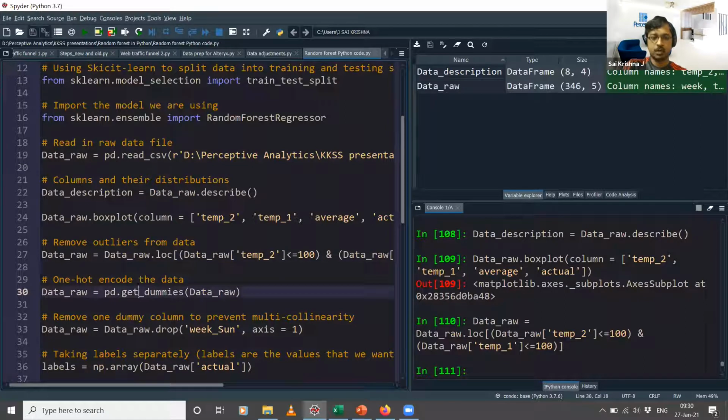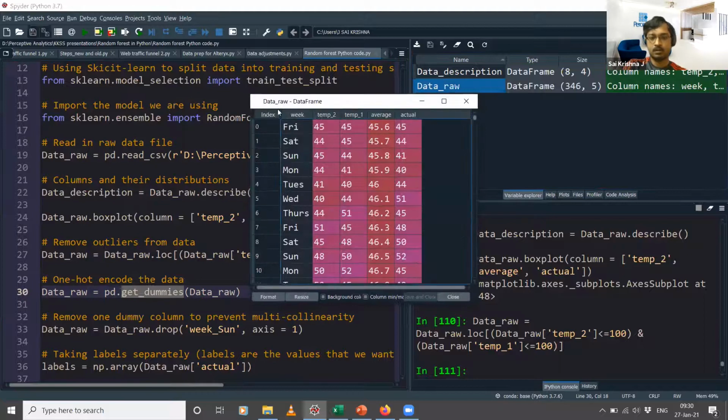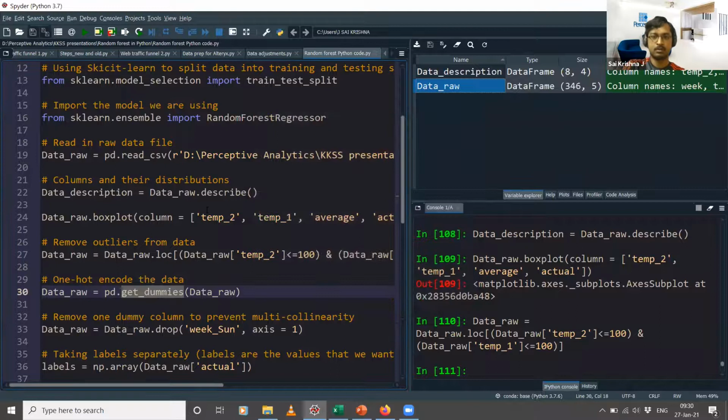Next step is to one hot encode the data, which is nothing but creating binary variables for these values. Friday will be a separate column, and if this first row is Friday, then that column will be 1, and the remaining columns Saturday, Sunday, Monday should be 0. You don't have to write any if condition or do something like that. In Python, we have a ready-made function called get dummies, which is available in the pandas library. I'm just applying it onto this data set. It will automatically take all the text-based columns from this data set and create dummy variables for them.